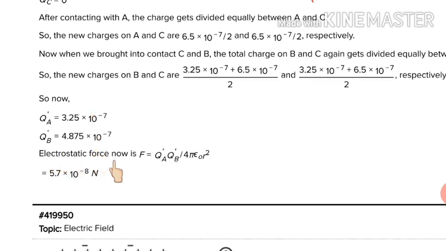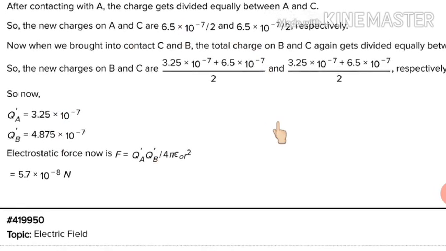So now it will be very easy for us to calculate the electrostatic force between them. Again we have used what? Coulomb's law, and the distance is as it is. We are not changing the distance. So when you calculate with the new values of QA and QB, in place of 1 upon 4 pi epsilon naught we will write 9 into 10 to the power 9. In place of R we will write 0.5, and when we solve it, finally the answer will be 5.7 into 10 to the power minus 8 Newton. So I hope the solution of this question is clear, an important question.